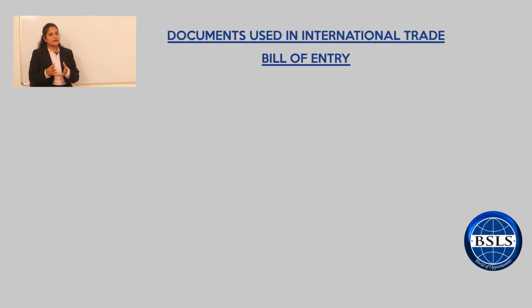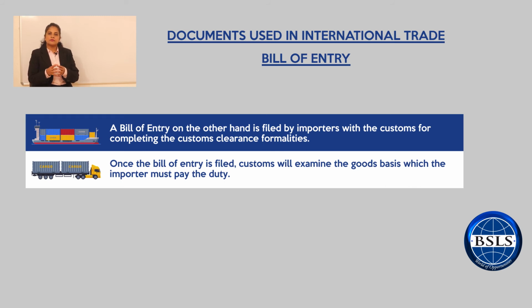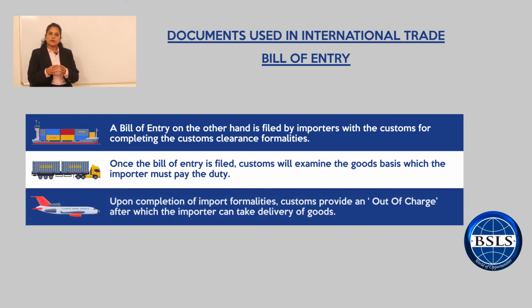The document used by customs for imports is called a bill of entry, which is filed by the importer in order to complete the import customs formalities. Once the bill of entry is filed, customs then assess and advise the duty amount to be paid by the importer. The importer pays the respective duty amount and releases the cargo after receiving an out of charge from the customs. Contents of a bill of entry include details of the shipper and the consignee, the import license number, value of the goods, mode of transportation, port of loading, port of discharge, the duty that is applicable, etc.